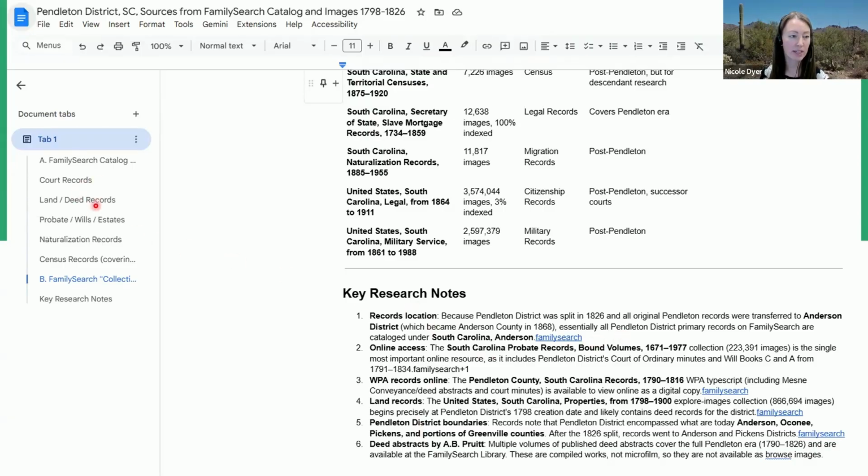So it gave me court, land and deed, probate and wills, naturalization, and census. And then I can't read what this whole thing says. Family Search collections, then key research notes. So it must be that this is state level stuff because these don't specifically say Pendleton. Oh yeah, and then on the side it says covers Pendleton area. So that was helpful. It even went a little bit above and beyond there to find some state level sources